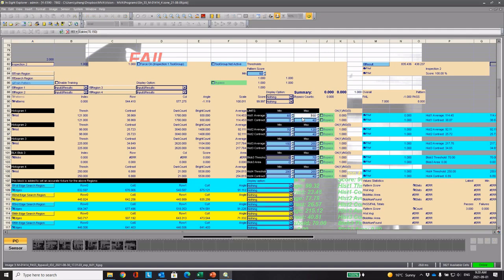So we should actually adjust the histogram average to a little higher than the current average. And if we look at the highest control we can go, actually it can go up as high as 150, but we don't really have to do that. We want to stay as close